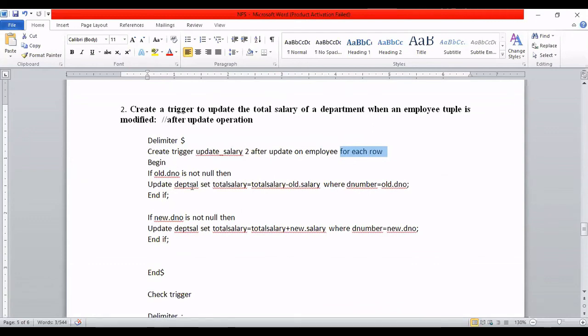So first is update. First you subtract the old salary. What is old? Let's say I am changing 50,000 to 55,000. So the 50,000 will be old and 55,000 will be new. The total salary will first subtract the 50,000, then the total salary will add 55,000. So 0 becomes 0 plus 55,000. That's why you will write this code two times for update. One will be subtract, one will be add.